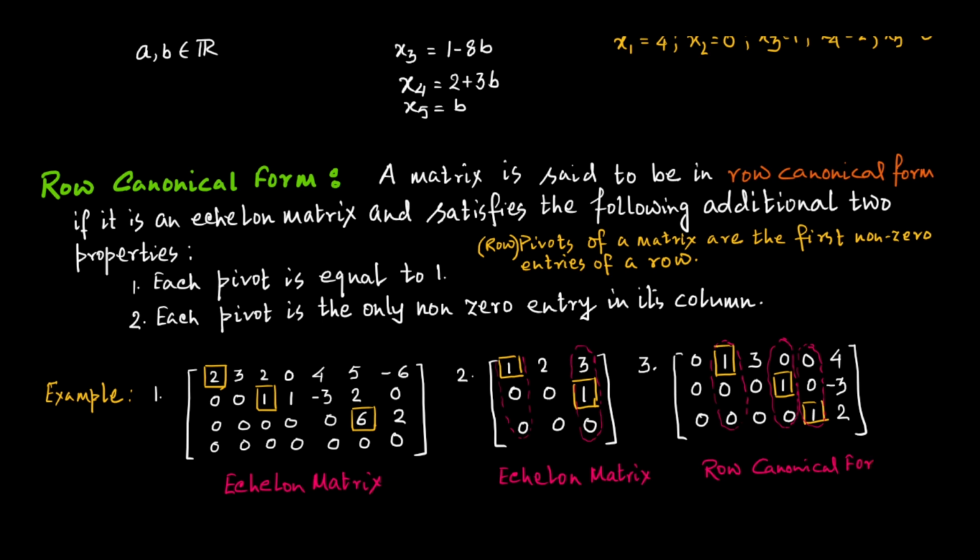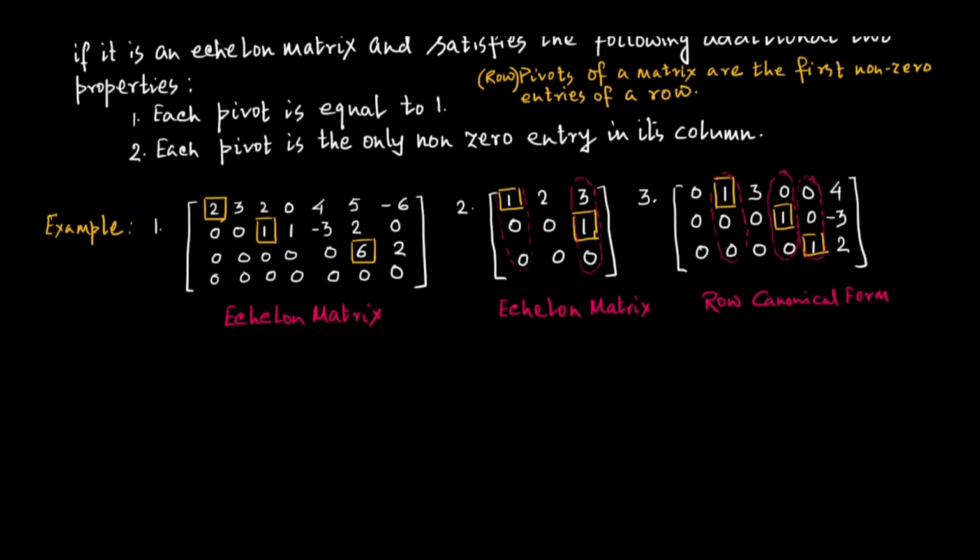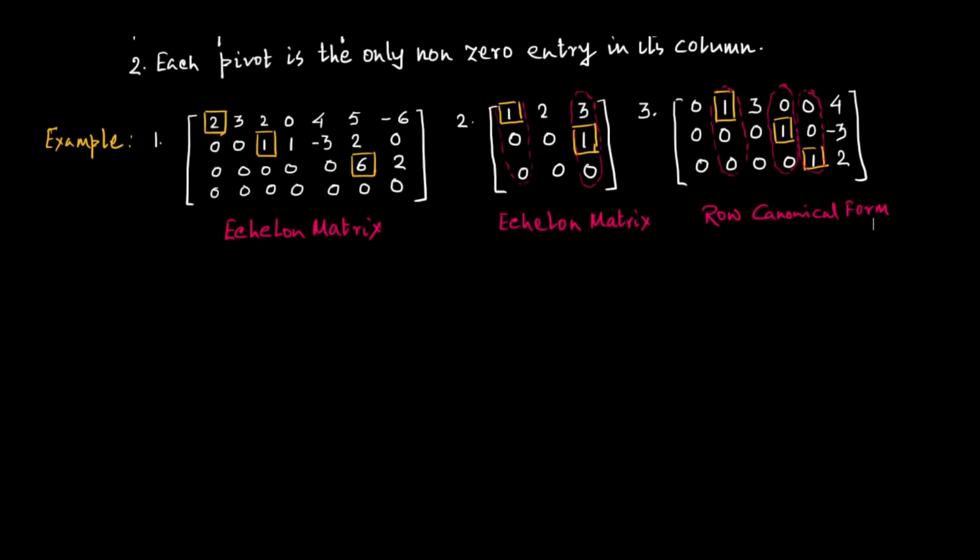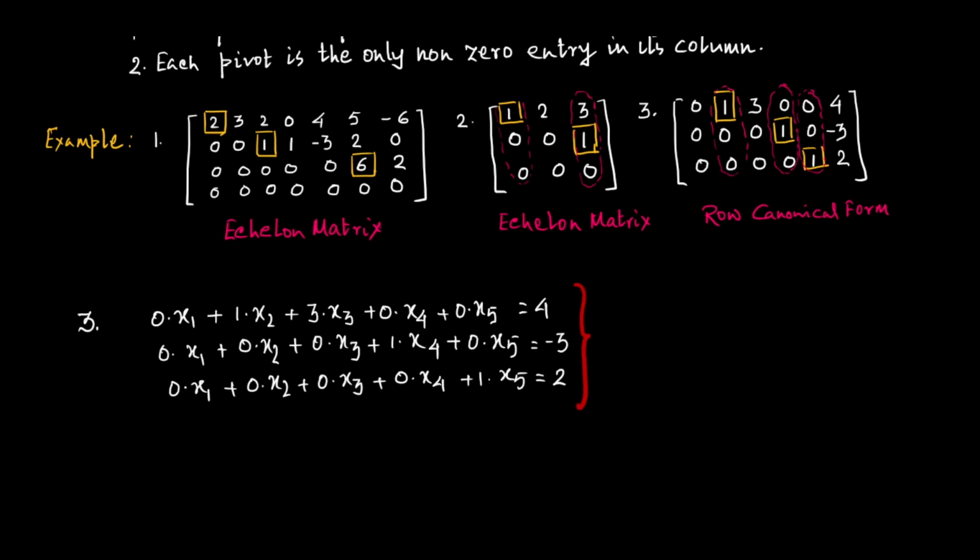Now, if we consider this matrix as an augmented matrix of some system of linear equations, or if I try to find out the inherent system of linear simultaneous equations, treating this as an augmented matrix of that, can you tell me how that system will look like? So for the third example, if this is the augmented matrix, then the inherent system of linear equations will look like this.